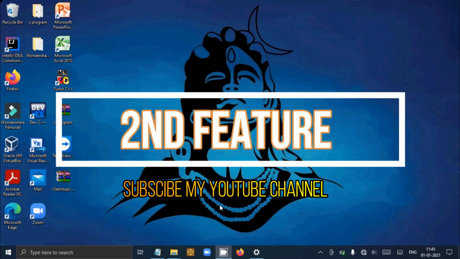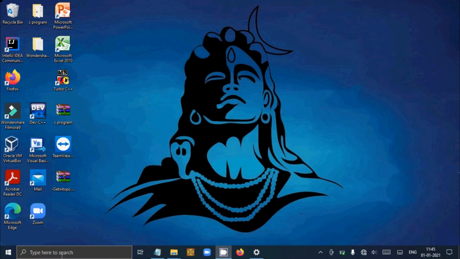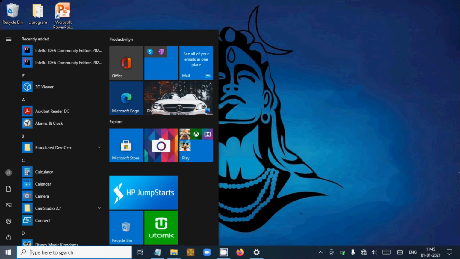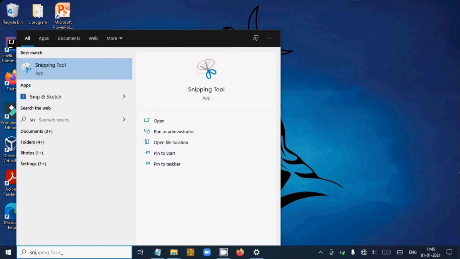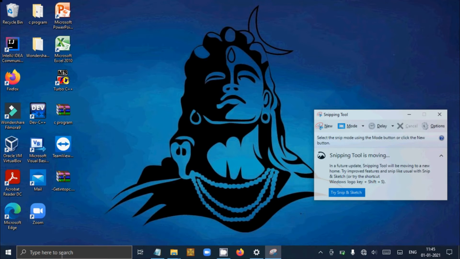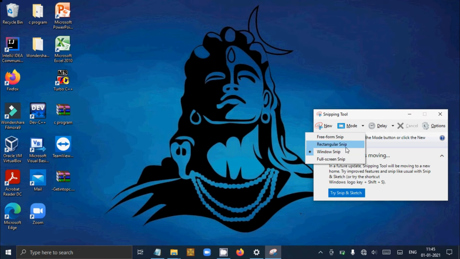If you want to take a screenshot in Windows 10, then click on the Windows button and search for Snipping tool. You can take a screenshot by Windows Snap, regular Snap, and also full screen.